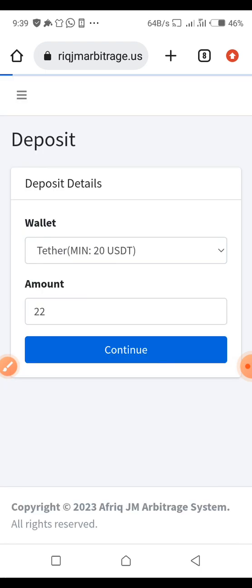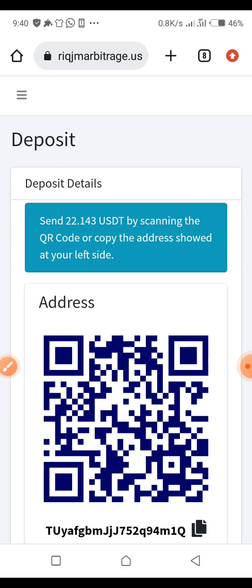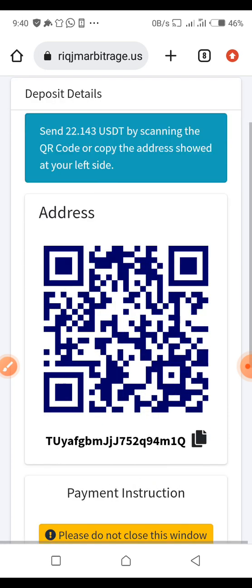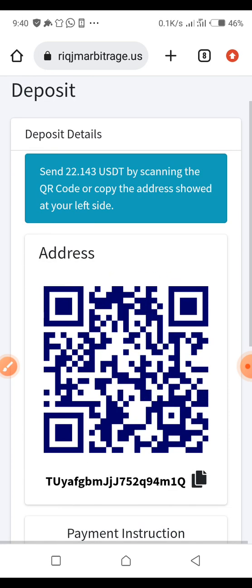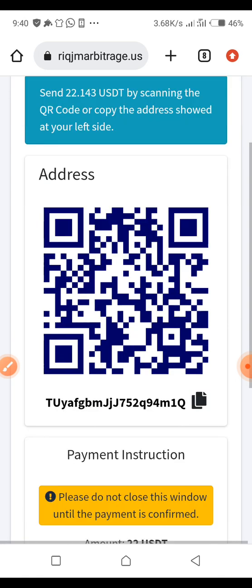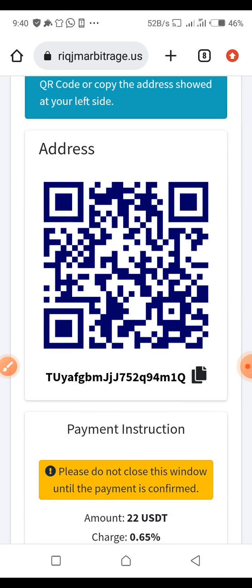Now once you click on continue, you allow it time to load. If you have more than that, any amount you want to put there, that's what you write there. It could be $1,000, $2,000, $100, any amount. I want to put only 22 in there. I'm going to top up because I have another amount there. I just want to top up so that I have something higher than I used to have, just for the purpose of this video. Now once it has this interface for you,